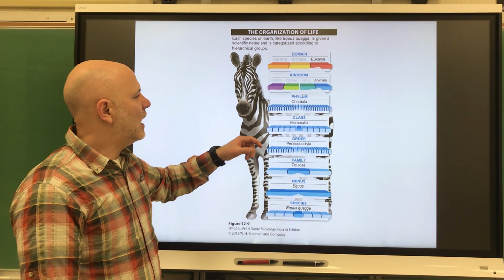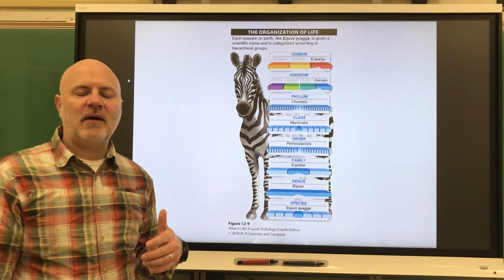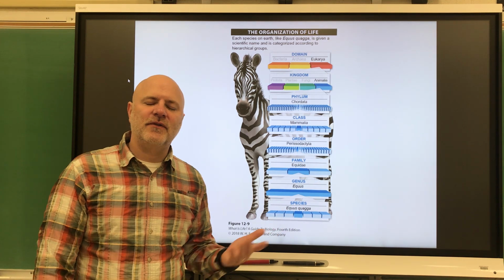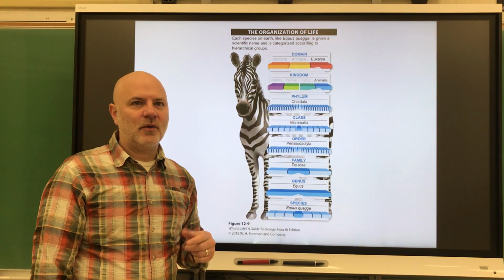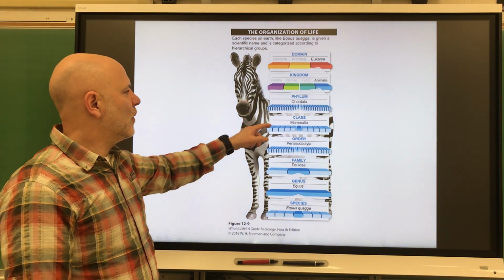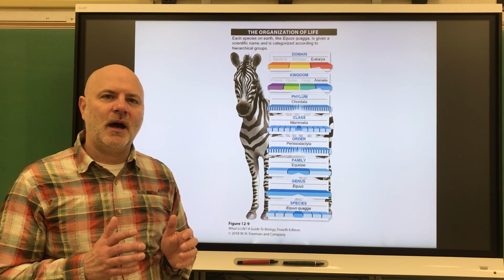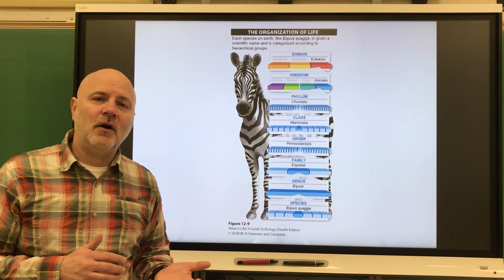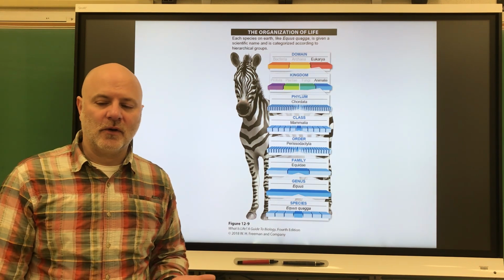All right. We are in the phylum Chordata, so we have a dorsal nerve cord, and there's a few other things associated with that. So dorsal nerve cord, brain, spinal cord. All right. We're in the class Mammalia. So mammals are distinguished by producing hair and being warm-blooded, and also by producing milk for their offspring.